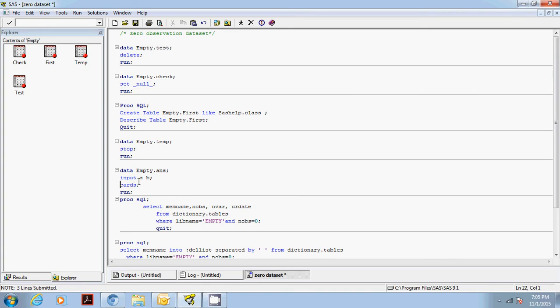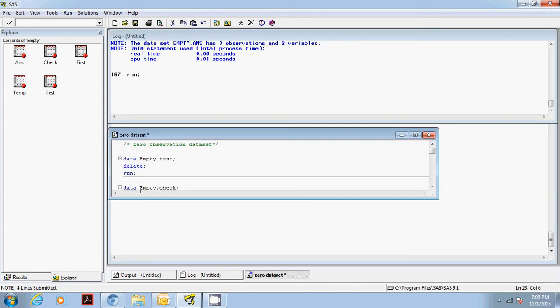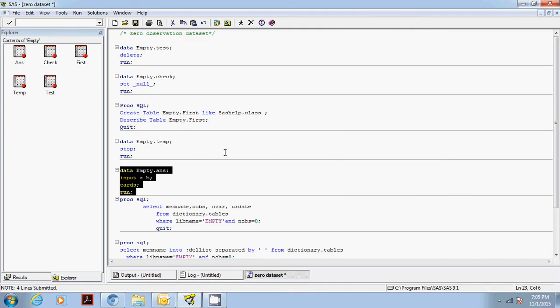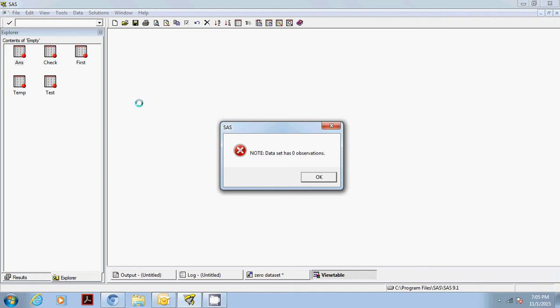If I put the values, then it will act as an observation, but here I'm not putting any values. I'm just keeping it blank after cards and running this. Here we go. We have created 5 datasets with 0 observation, and we're going to see each of them one by one.